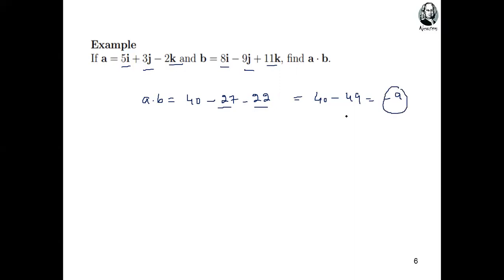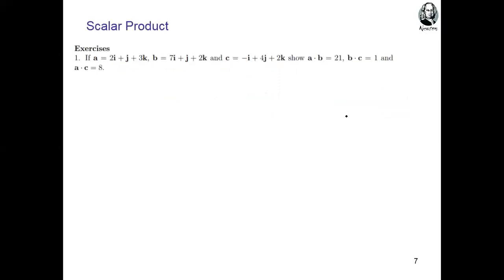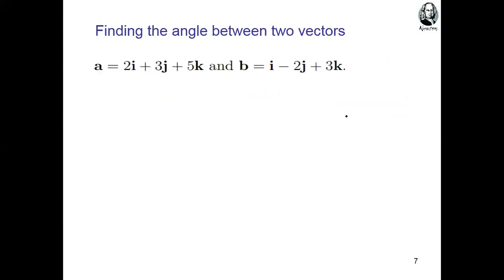Okay, next example: how can we find the angle between these two vectors? I will solve this one. Finding the angle between these two vectors. For example, vector A is given, B is given. We don't know the angle. So we have the formula for the dot product of two vectors. A dot B is equal to A magnitude, then B magnitude into cosine of theta. We don't know cosine theta.